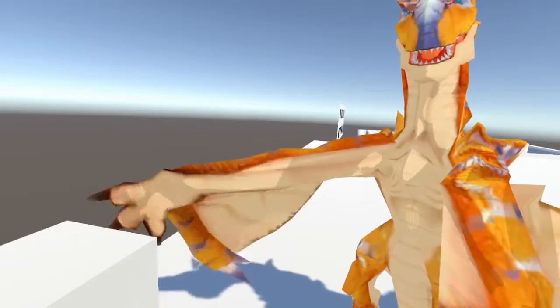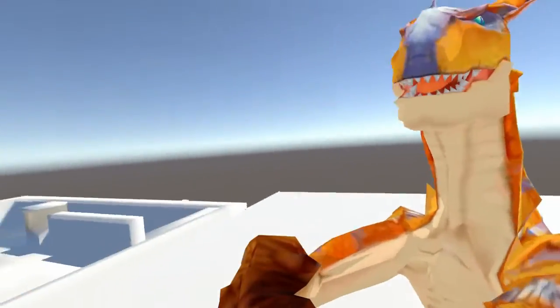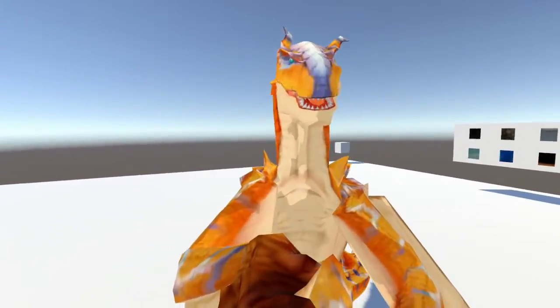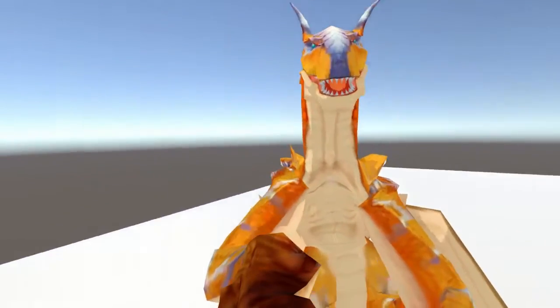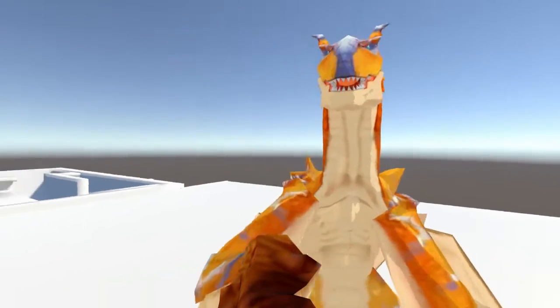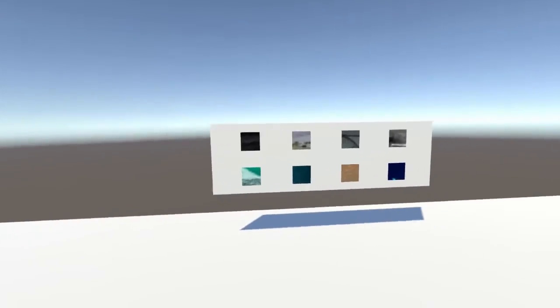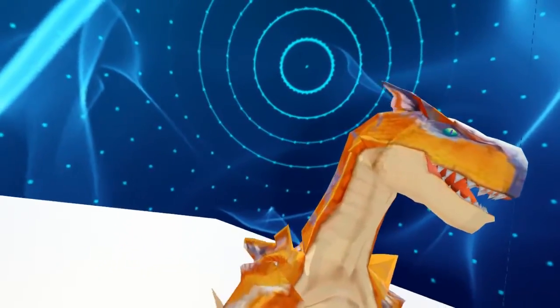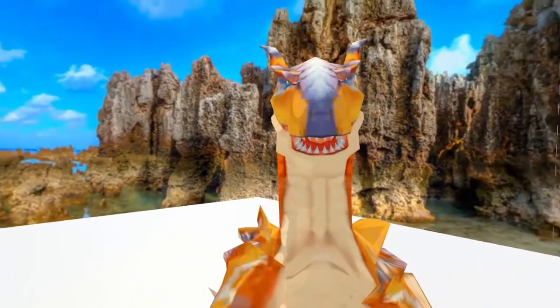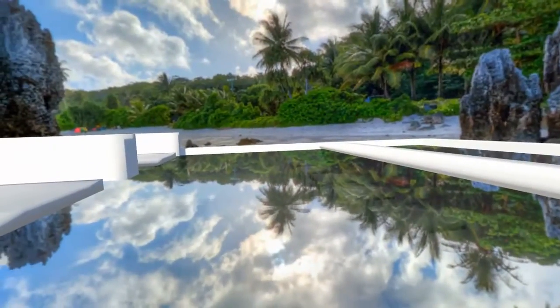If I press this, it deactivates not only the water, but also the skybox. I don't recommend setting it up that way. I would just disable whatever plane or the rig creates the water and leave the skybox as is. I also have a couple other buttons that change the skybox. I'll just show you one of them. This is just a nice little tropical island, and the water changes with it. But without further ado,